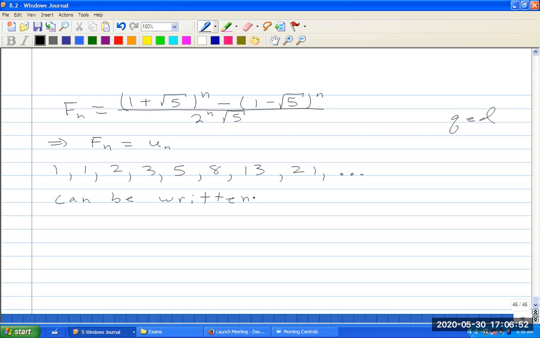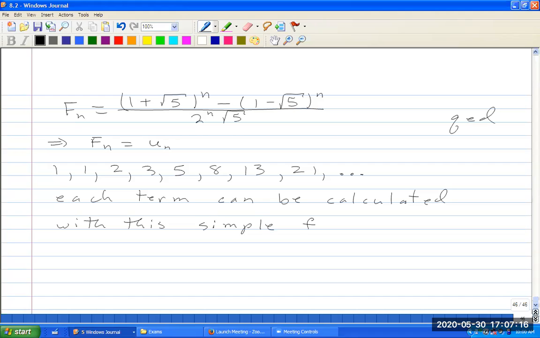Each term can be calculated with this simple closed formula. So it's called the closed formula. The nth term in your sequence is just equal to this above formula. Okay, so that finishes